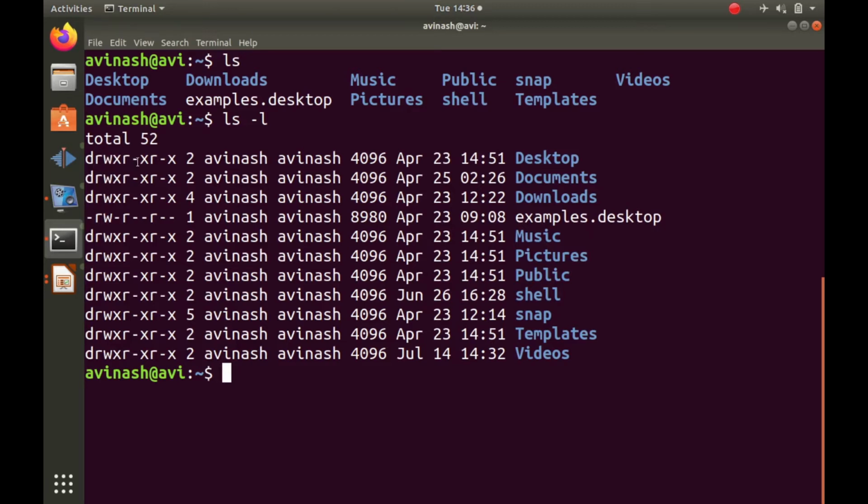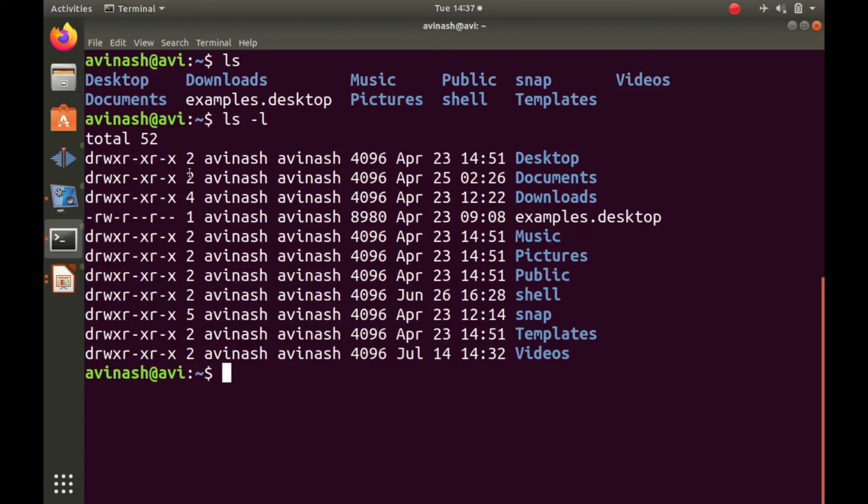Then next, rwx and rwx. These are the permissions, or sets of permissions. The first set is read, write, execute: r for read, w for write and x for execute. This first set of permissions is for the user. Then the next three are for the group and the next three are for others. We will study this in detail while studying the chmod command. For now, remember that these are the permissions associated with the file. So the user can read, write and execute. Group members can read and execute only, they don't have write permission, and others have read and execute permission, they don't have the write permission.